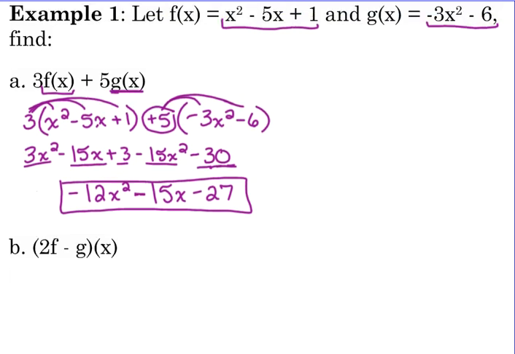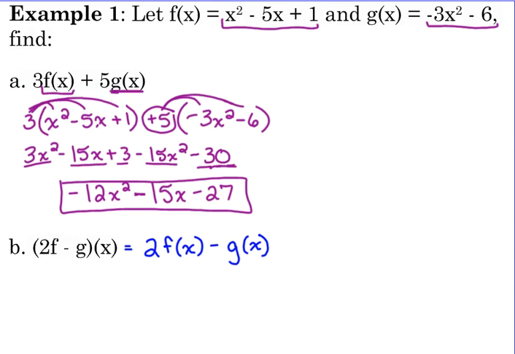Now, the second example that I have there looks different from the first, but it's actually exactly the same thing. Okay? It's just 2 different notations. It tends to throw people off because when you look at it, you think, oh, I'm supposed to go back and multiply everything by an x. Not really. Okay, this is just another way of showing function notation, and it is saying the exact same thing